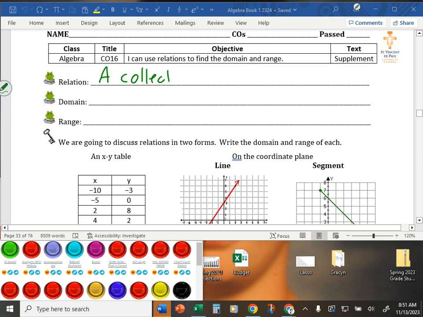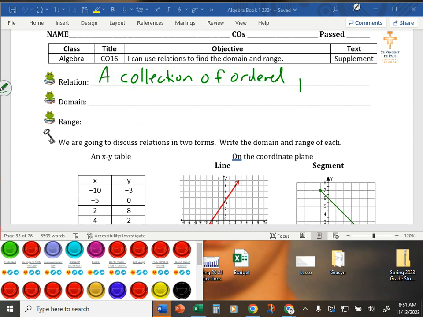A collection of ordered pairs. And a collection of ordered pairs can be anything from a function table to a graph on the coordinate plane. And so you see down below here, I have a function table and then 2 graphs on the coordinate plane. It is any collection of ordered pairs. And within that relation, the domain,